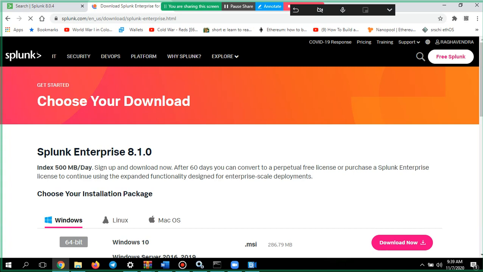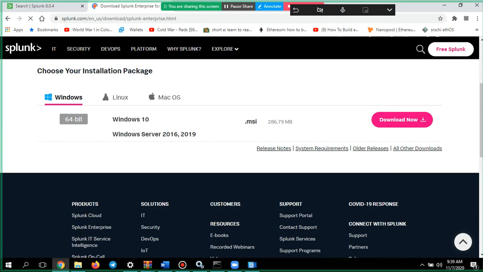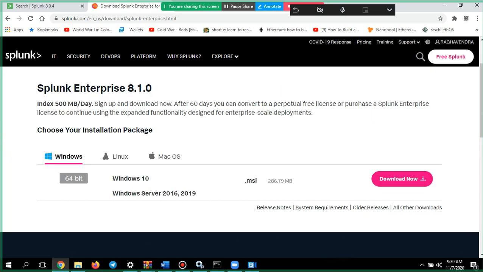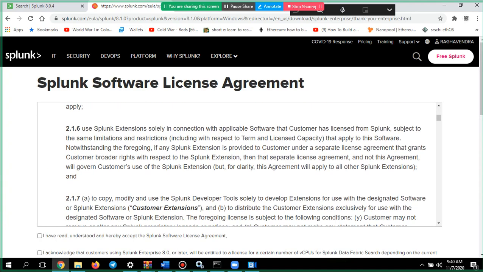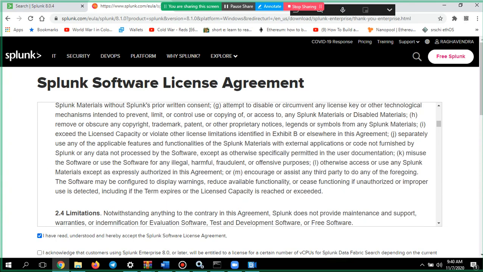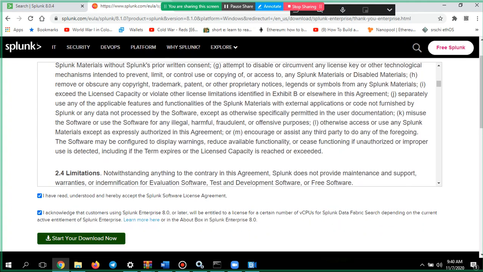So you'll get something like this after creating your own account. Any one of these, whichever is relevant for you. If it is a Windows server which you installed on your machine, you use this, or Windows 10 or anything, just click on the download link. It will be a normal installation process where it asks you to provide all those details.